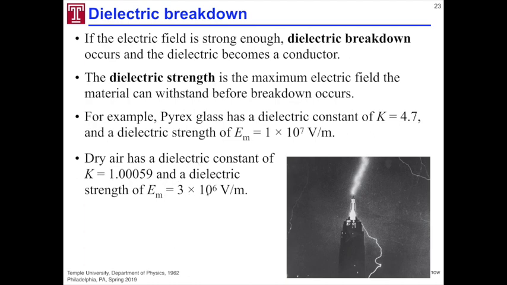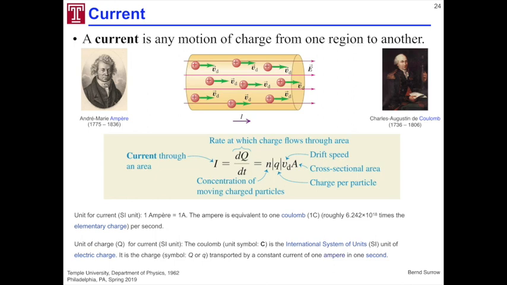And here you see one of those examples where a breakthrough actually occurs with a lightning. Normally, air is a perfect insulator, but if the electrical field between the cloud and the Earth is so large, then a breakthrough actually does occur. All right, so now talking about